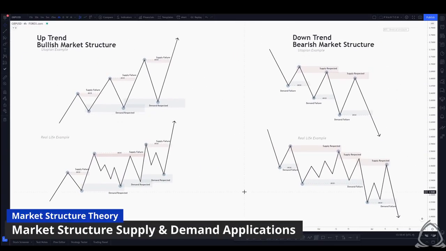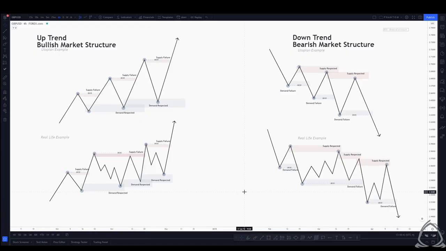Now let's take it one step further and combine market structure with supply and demand to understand how they interact with one another. Using the same examples from prior, we have, again, the utopian bullish trend example. We're creating higher highs, higher lows, higher highs, higher lows, higher highs, and higher lows. But if we take that a step further and look at it through the lens of supply and demand,